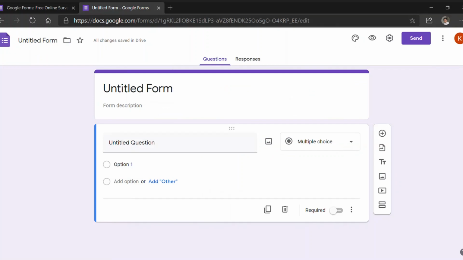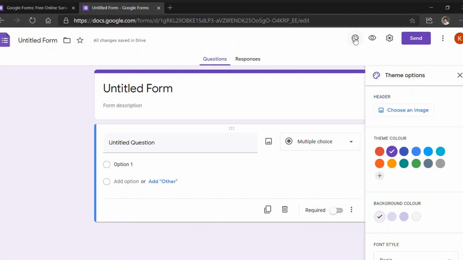and then you will see the new form. I will first be explaining all the buttons available. Starting from the top left, there is a button for going to the Google Forms homepage. Then you will see the name of the form which will appear in your Google Drive. You can change the location of the form by clicking on the folder button and then navigating to the required area. Then you can customize the form a bit using the paint palette icon.